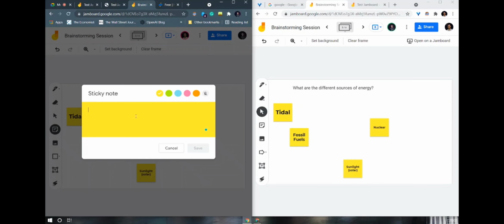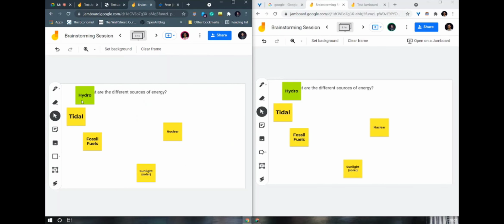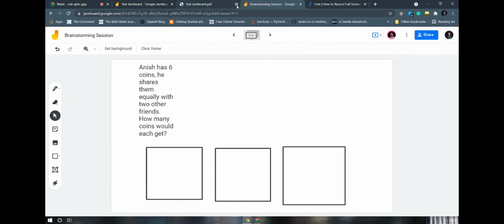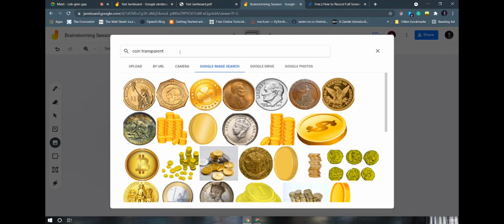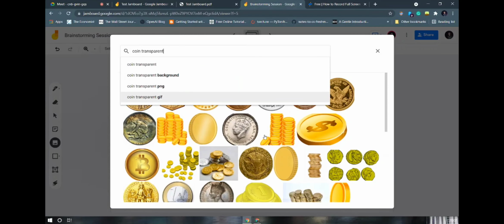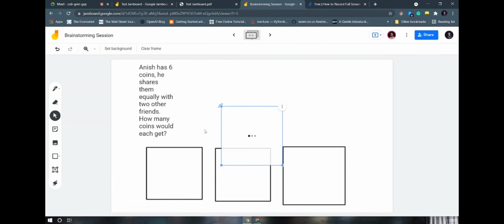So another student can also put another sticky note, and you can basically use different colors to identify who has put the note. So the next student has put the green note, which helps the teacher identify who has put it. Further, it can also be used for teaching simple math to elementary kids. Here you see a word problem, a very innovative use case I would say.